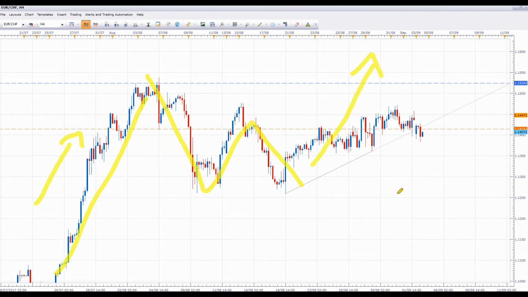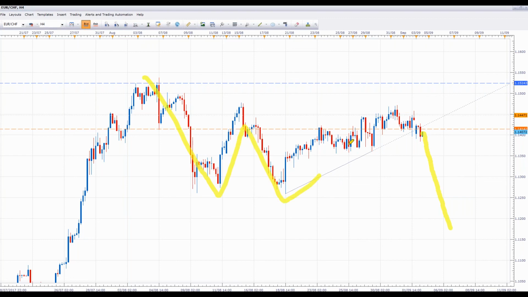So we are expecting a continuation up into this area. So really we want to see it trade back above here, because the danger is all the time we're below here, we could start to get a move back down into this area, and we could be on for just this kind of range and then maybe a move up from here. So assuming we get a break back above this key area of resistance, roughly at the 1.1414, start to see a break up here like this, then we can look for these targets to the upside.